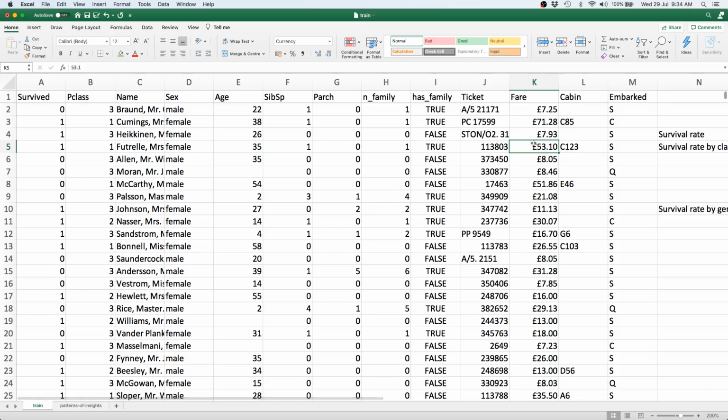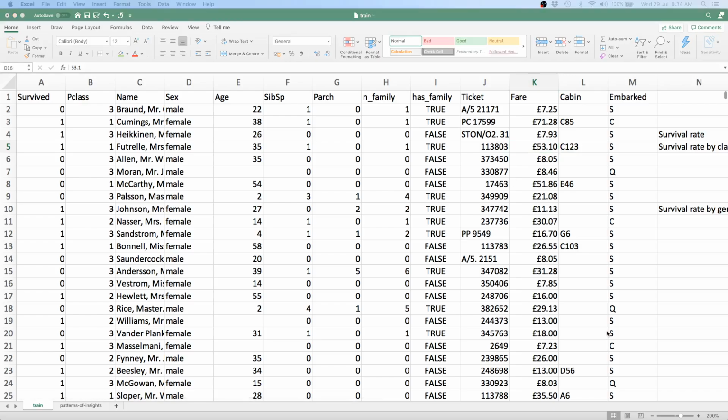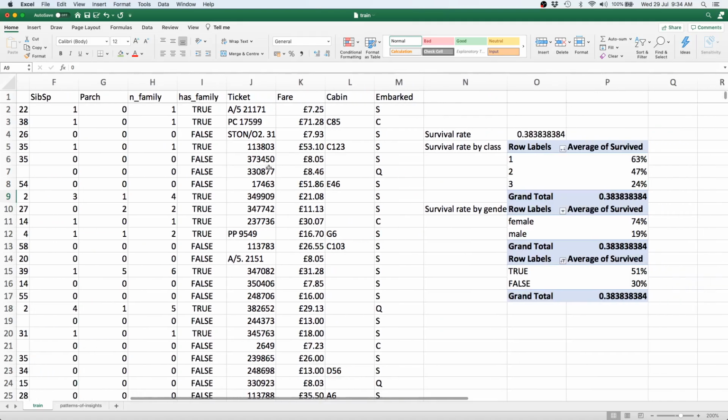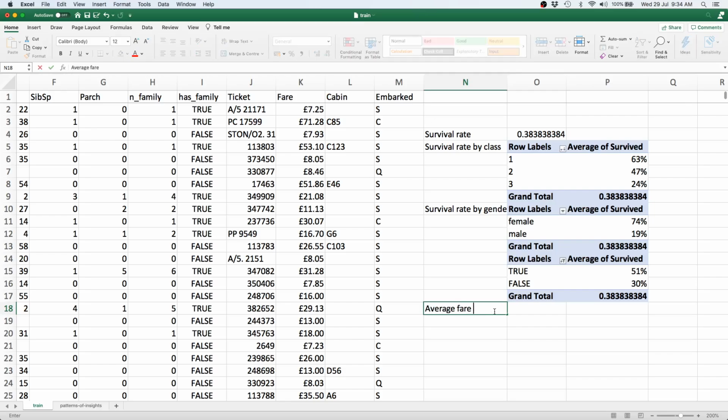So does increasing fare mean a better chance of survival? Let's think about it. Well, since one of our variables is a categorical variable, here also we have no choice but to do a group by. Essentially, we are going to figure out if somebody survived or not and then check the average fare they paid. So essentially we can say something like average fare by